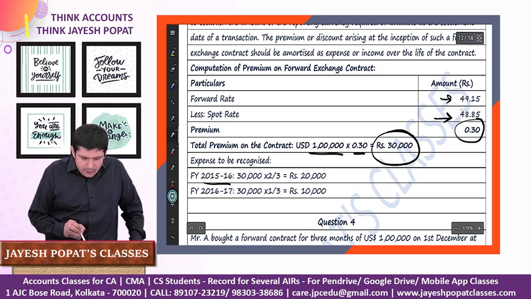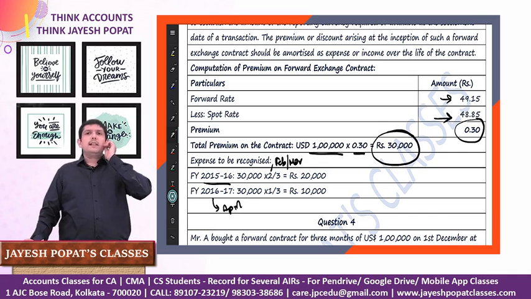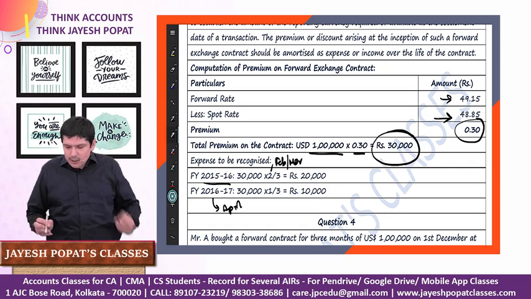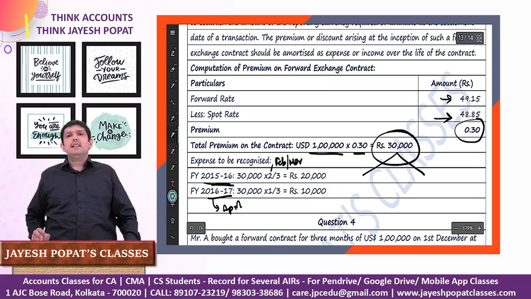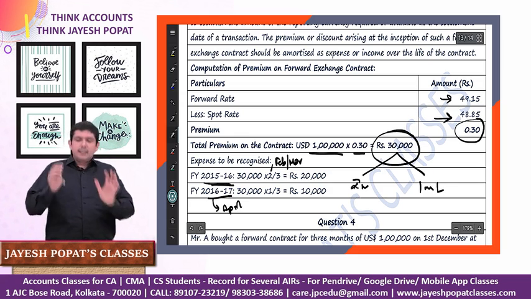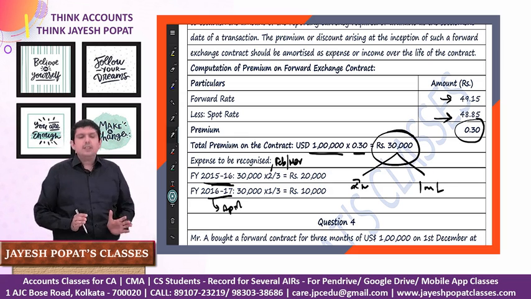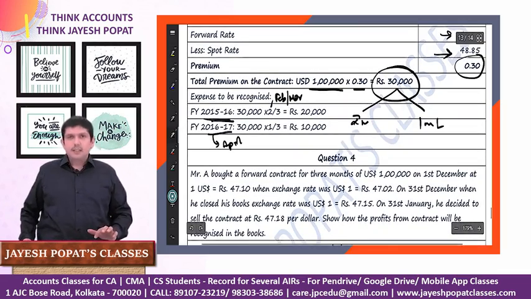In financial year 15-16, right, we have Feb and we have March. In financial year 16-17, we have April, because on 1st of May the settlement has to be done. So this 30,000 will be apportioned between financial year 15-16 and 16-17. 2 months will be for financial year 15-16 and 1 month will be for financial year 16-17. So 20,000 in 15-16 and 10,000 in 16-17. Then